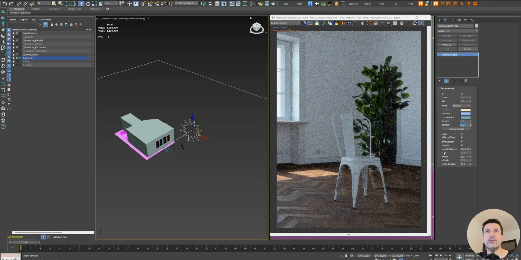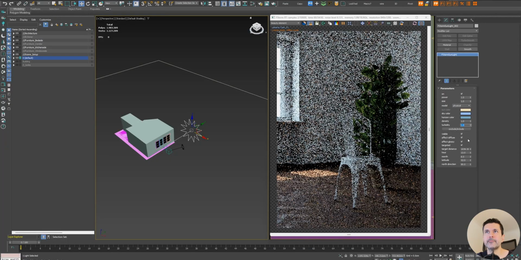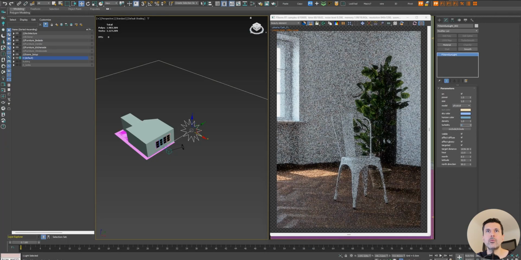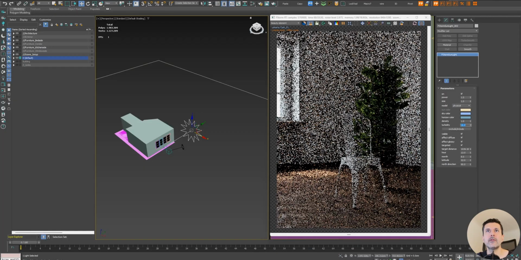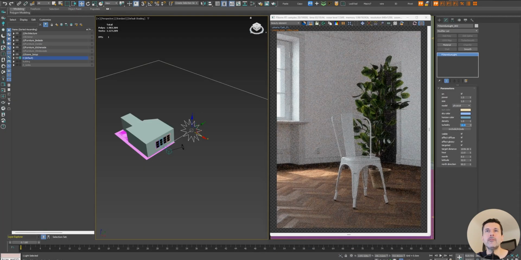I don't think it's really visible here, but if I go to a higher number, we would see a shift in the sky tone, from blue, which was this one,